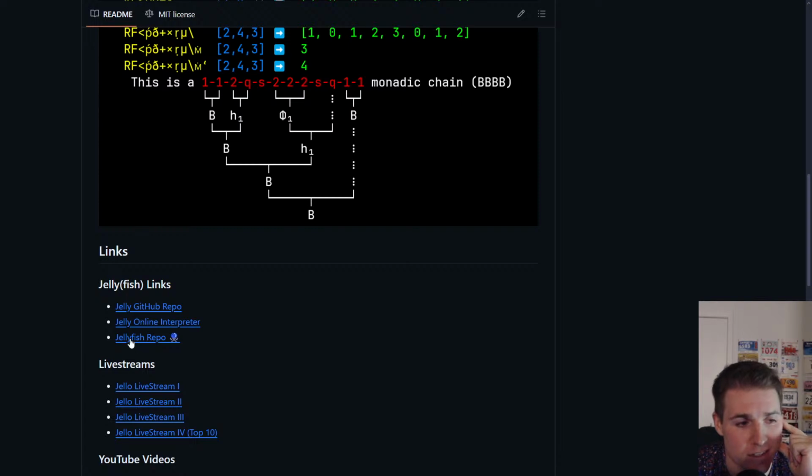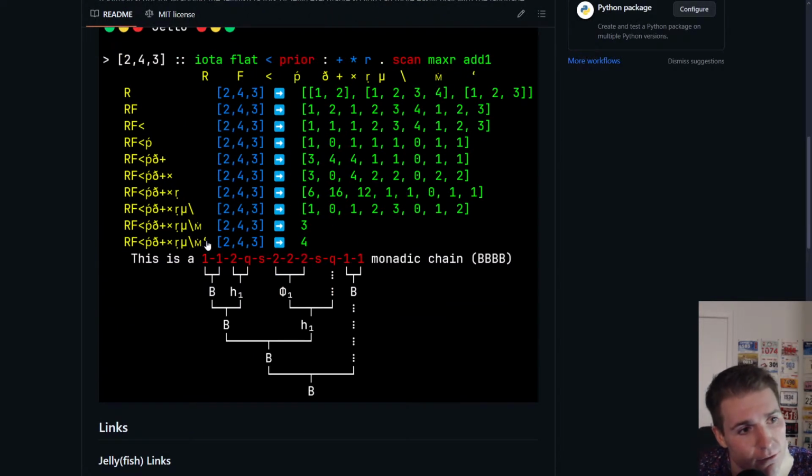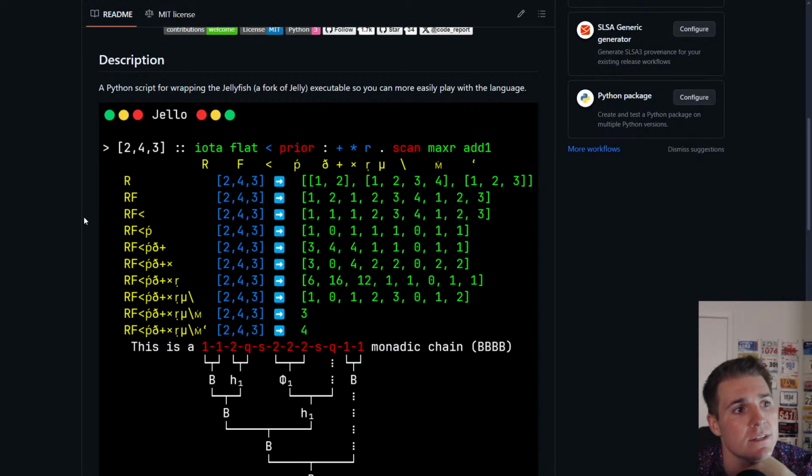Technically, the Jellyfish programming language, which is a fork of the Jelly language. Jelly is a code golf language, so everything in yellow here is basically the Jelly programming language. So similar to APL and J and BQN, it uses odd symbols to represent expressions. And basically what Jello is, it is a keywordified